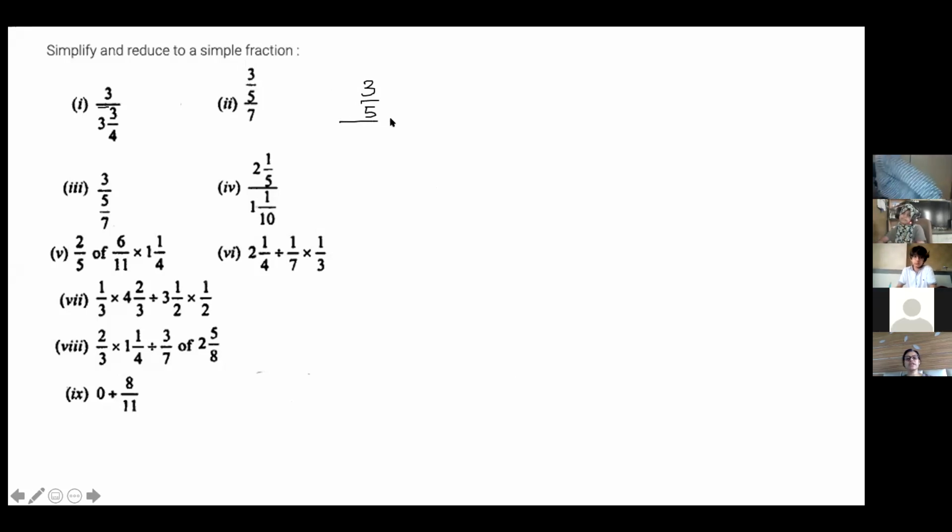Ma'am, how do I understand which will be the fraction, which one is the numerator? Here it is clear, this is the numerator and this is the denominator. And you know that numerator by denominator means the numerator is divided by the denominator, right? You can write it like this. A fraction can be converted like this.